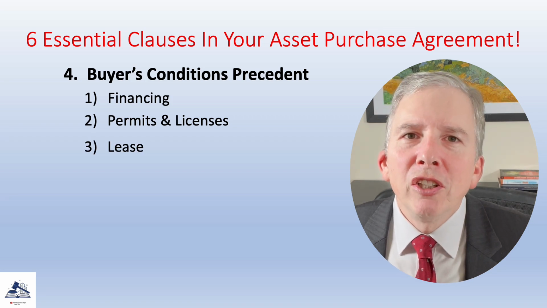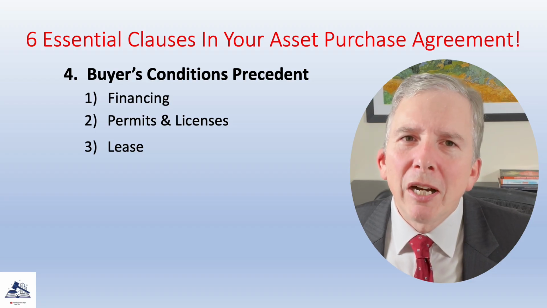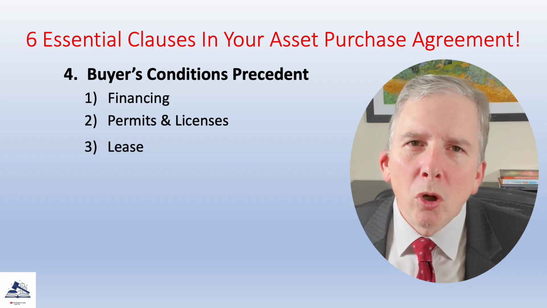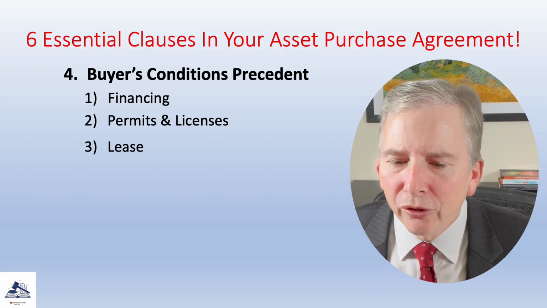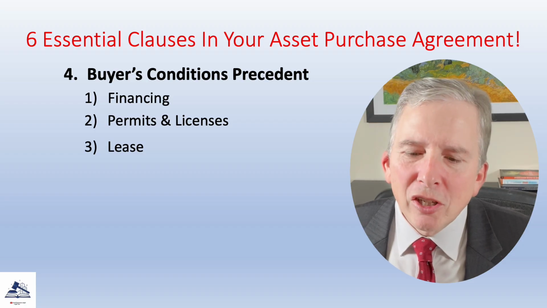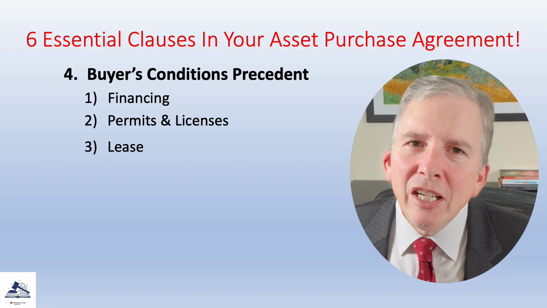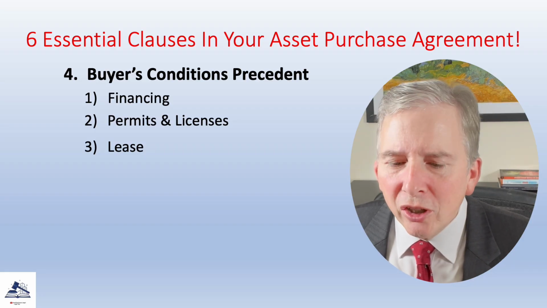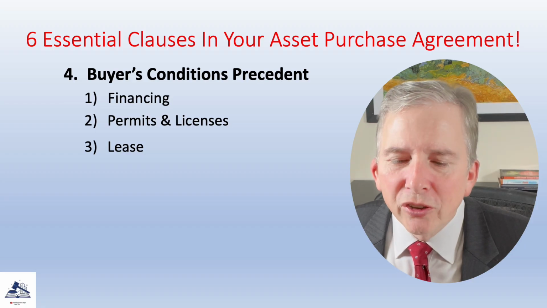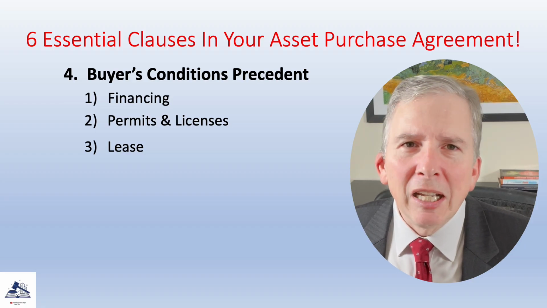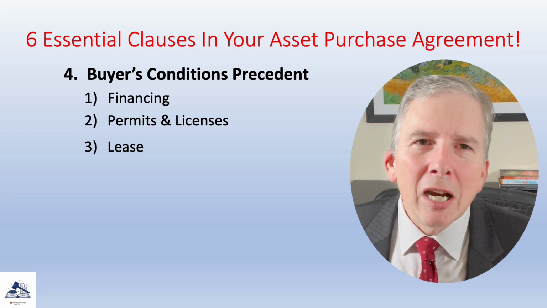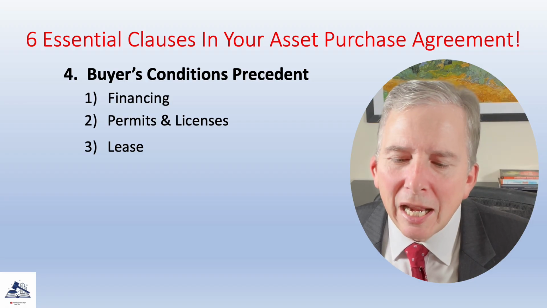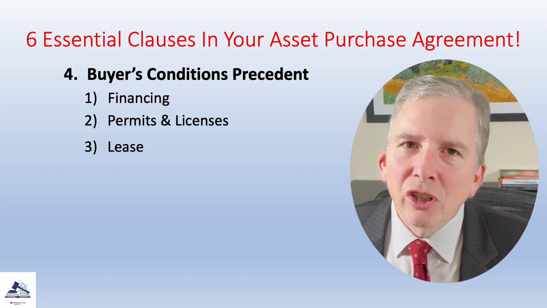And there are lots of other conditions precedent that could be identified in the buyer's condition precedent clause depending on the deal. Speak with an attorney if you're not sure about what should be included in your buyer's conditions precedent clause. The important thing about this clause is that it makes sure that every important event occurs that needs to occur for the buyer to operate the business after the closing. And if one important event doesn't occur or becomes impossible to fulfill, such as the buyer getting denied for a loan or not being able to obtain a lease from the landlord, the buyer will be able to back out of the deal without breaching the APA. So make sure that your APA has the appropriate events identified in your buyer's conditions precedent clause.